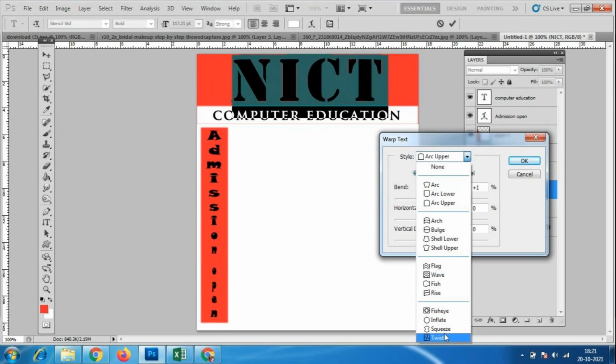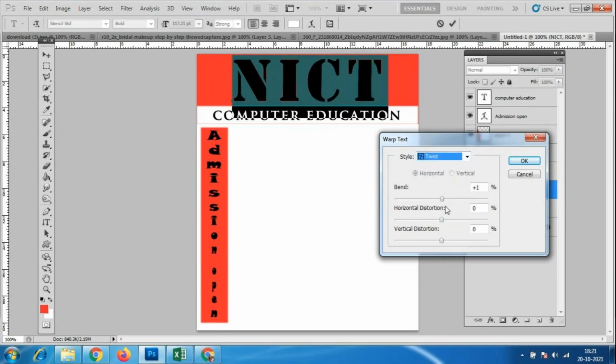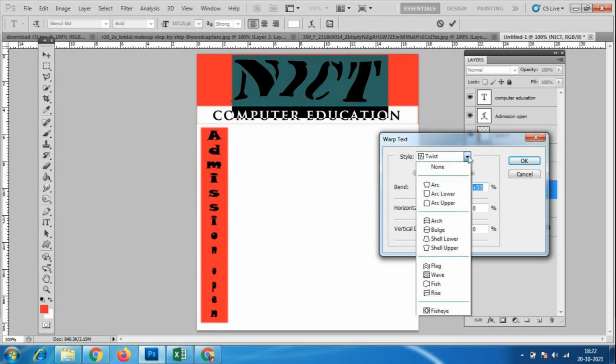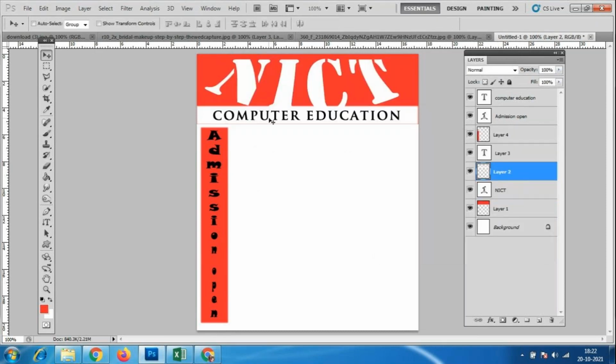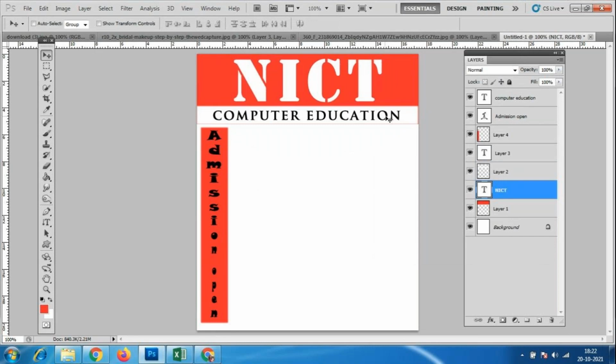And twist, this is the twist texture. Like that, shell lower, all these options will come for the text. You have to take different textures, then only it will apply.